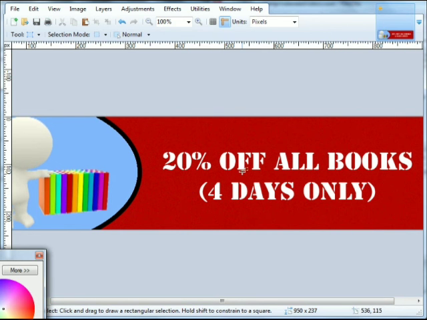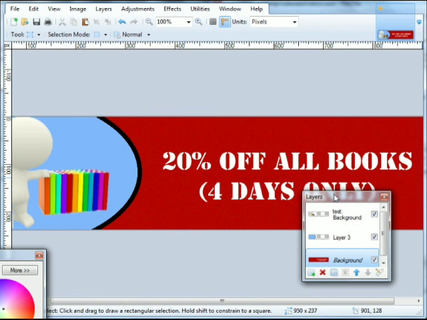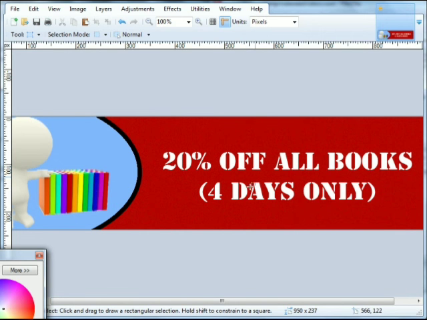And if you want to change the text, you can always do that. But just keep in mind, the goal is to create layers. The more layers you create, the better and easier it's going to be to edit. So let's say you put this layer on top of all these layers. And when you go back to change